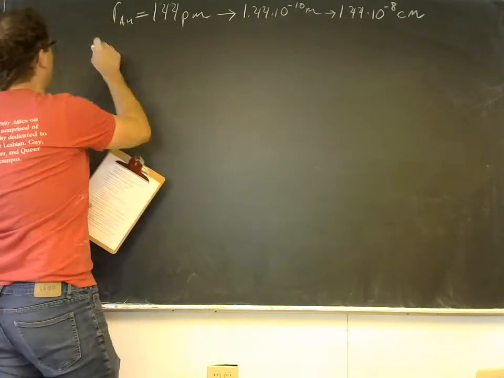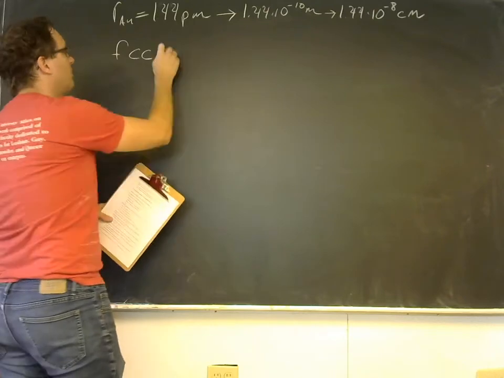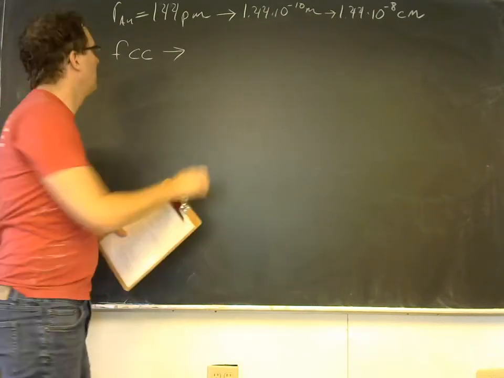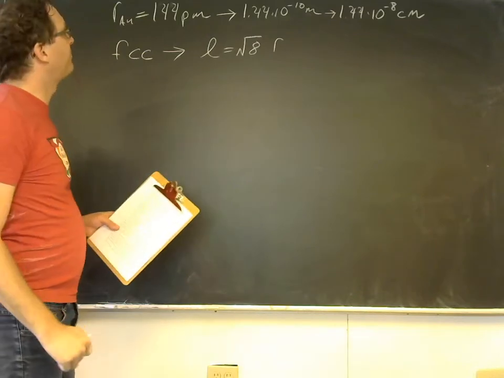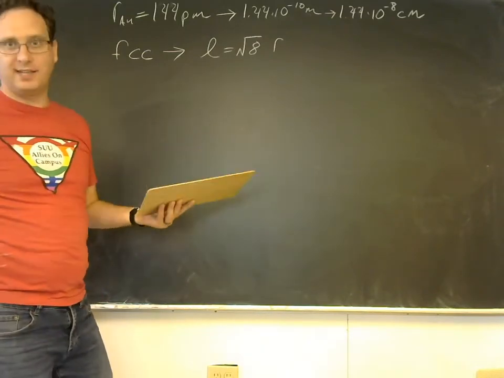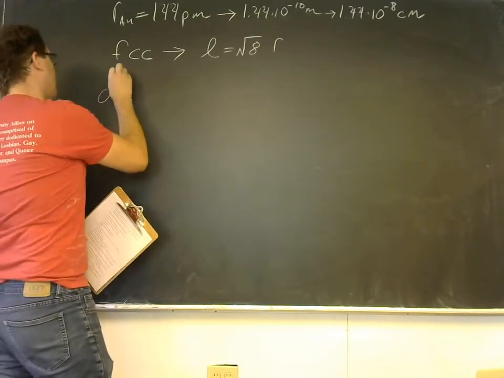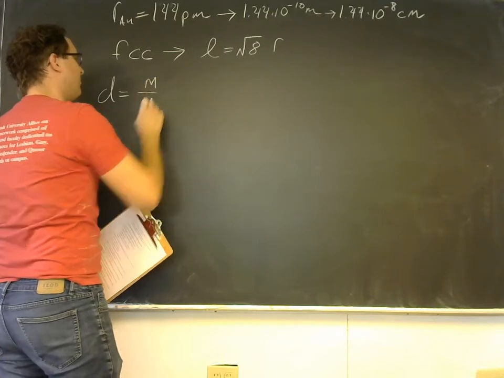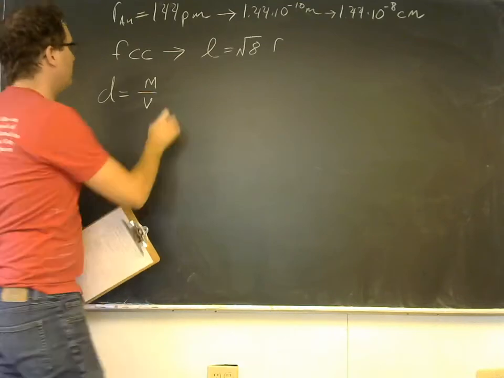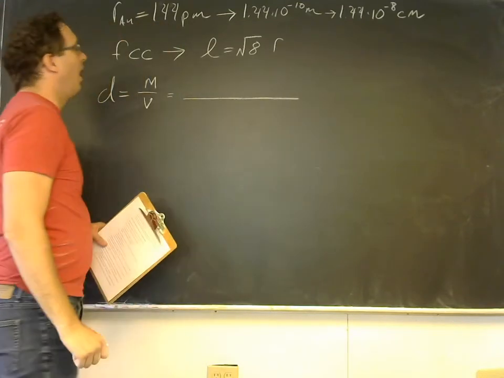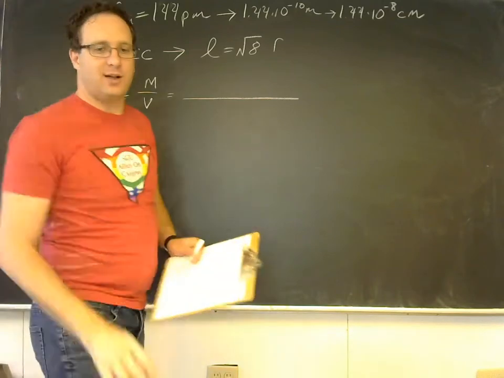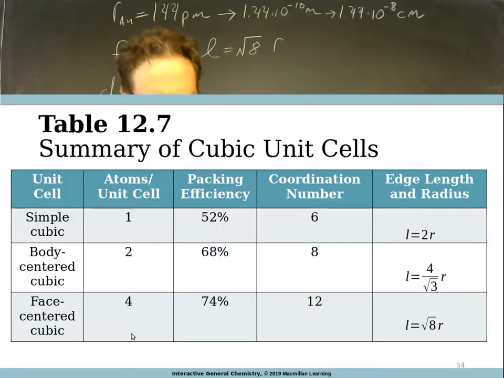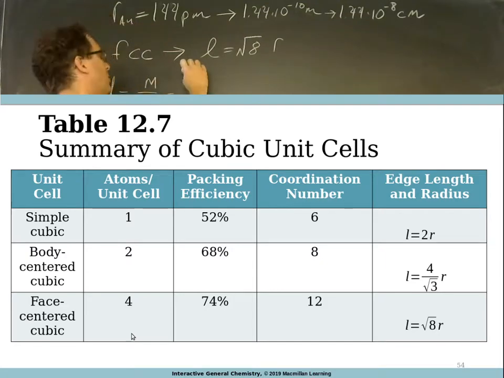And it has a face-centered cubic structure. And so the face-centered cubic structure says that L is equal to the square root of 8 R. And that's all we need now to predict the density of gold. We know that the density is equal to the mass divided by the volume. Well, let's find the mass and the volume for a single unit cell. Okay, so gold is face-centered cubic. Do you remember how many atoms are within a face-centered cubic unit cell? We can flash this table up real quick for you. Face-centered cubic has 4 atoms, so we'll put 4 times, and then let's find our